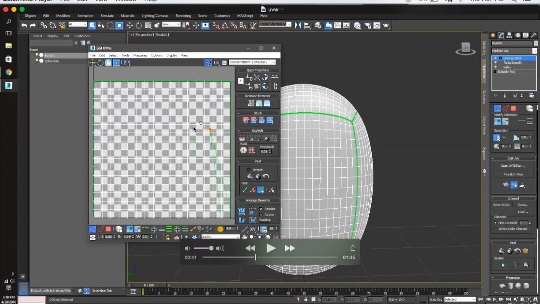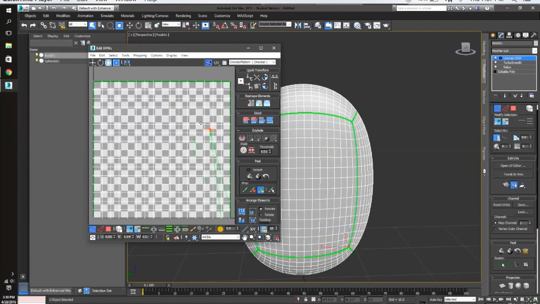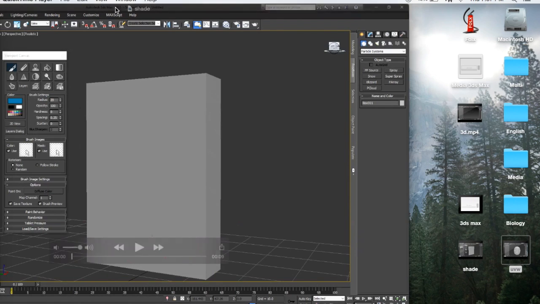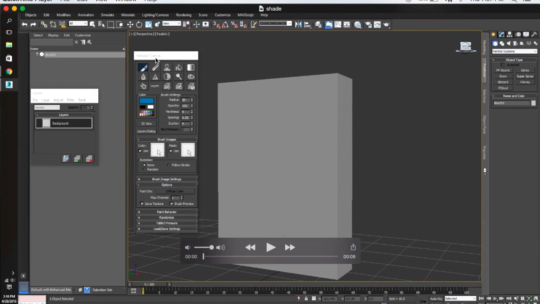which looks like this. And these are just the vertices contained within this object, or this polygon, or whatever you want to call it, this mesh. And you basically export this UV map out of 3ds Max, and then you can upload it into Photoshop, GIMP, or whatever other paint program you use. And you can edit it, you can create your own textures, you can import ones from the internet, and then you export that out of that paint program, and then you re-import it into the 3ds Max by using a thing called viewport canvas. And you can find this viewport canvas underneath materials, and